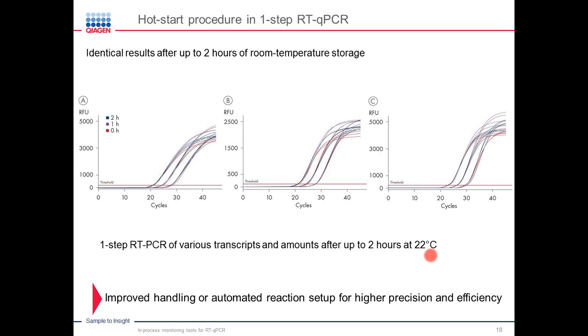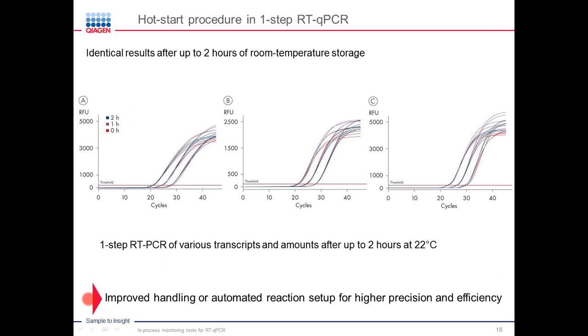This is a data set where we have looked at 3 different transcripts and either start the reaction immediately after setting it up on ice, indicated by the red lines, and the purple and blue lines indicate the same reactions being started 1 or 2 hours after the setup and leaving the whole reaction setup standing at 22 degrees Celsius,